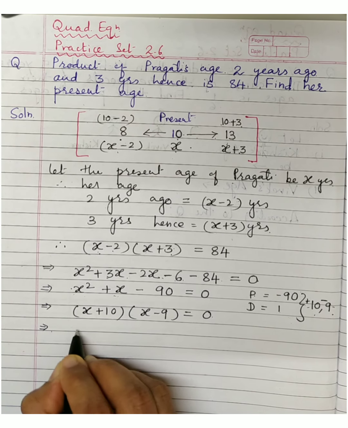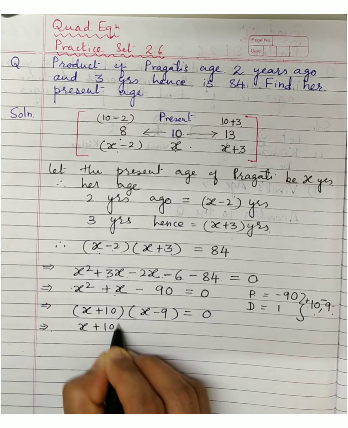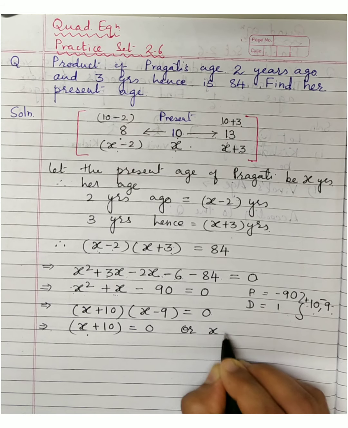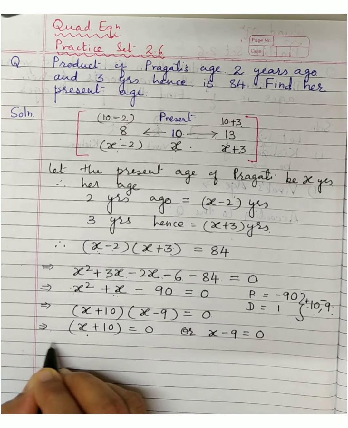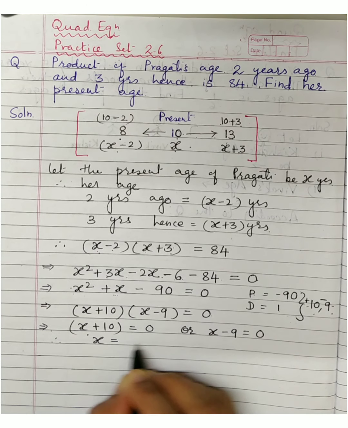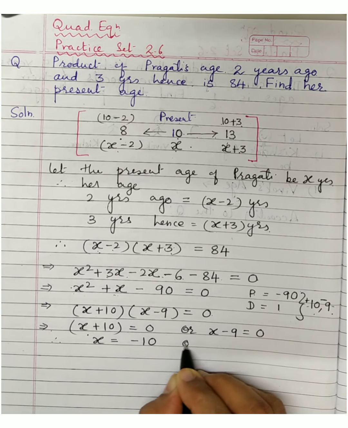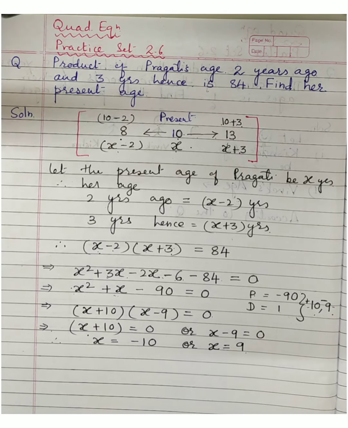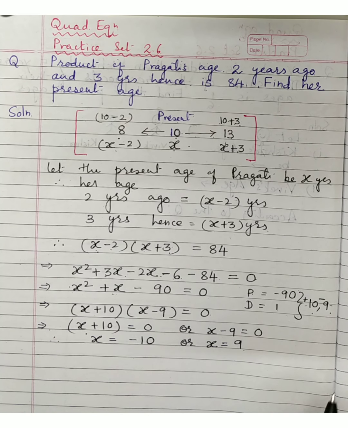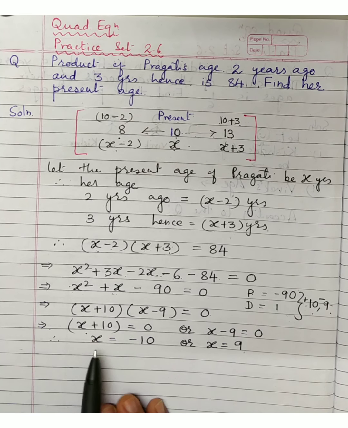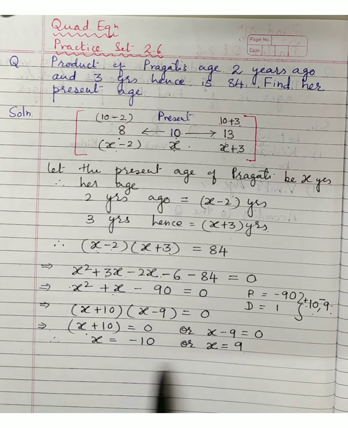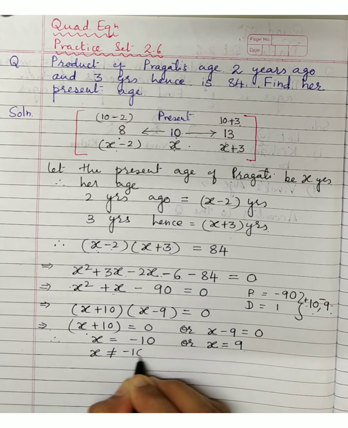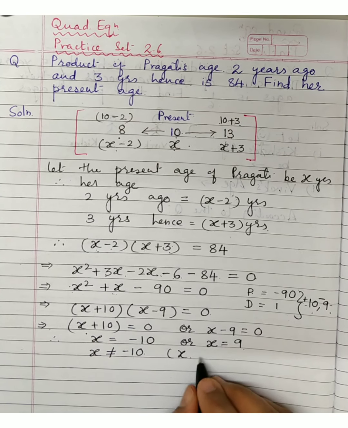Then zero product rule. You should be good at the factorization method. It will help you. X plus 10 is 0 or x minus 9 is 0. This gives you x is equal to 0 minus 10, that is minus 10, or x is equal to 9. Now again understand, x is what? We have assumed x as her age. Age cannot be negative, so you will reject x cannot be minus 10. You can write the reason: x is